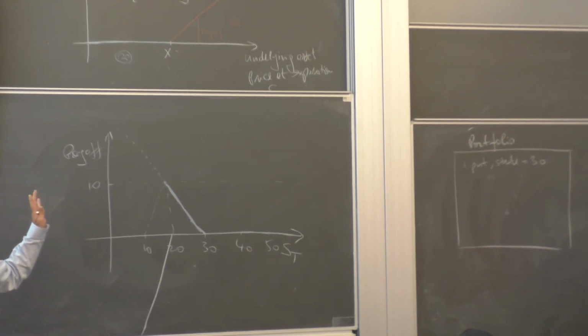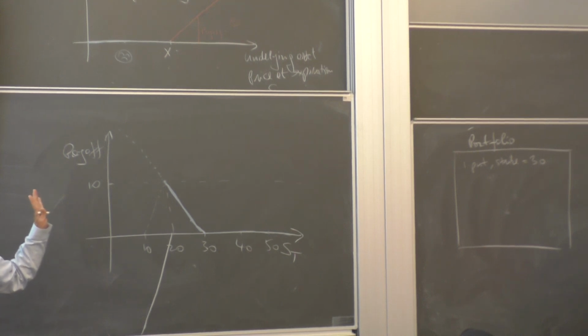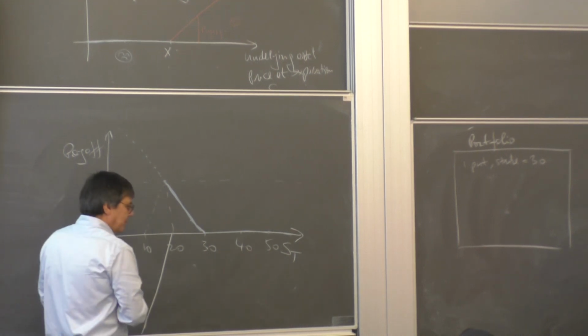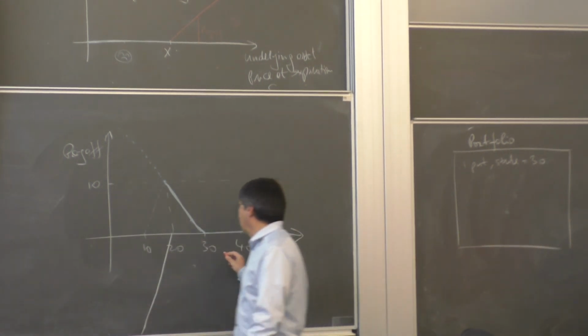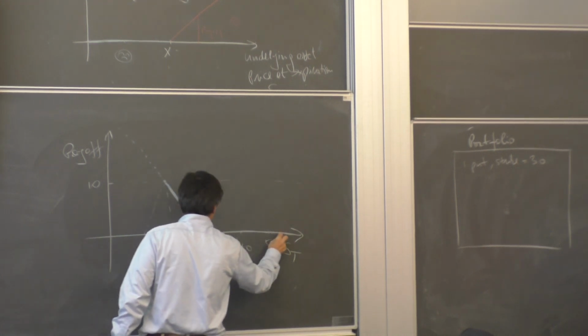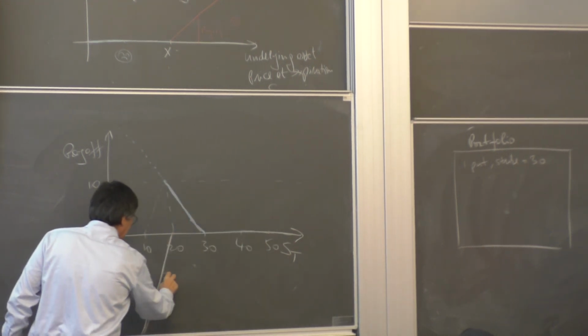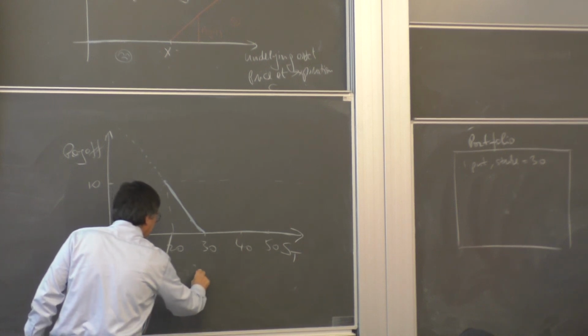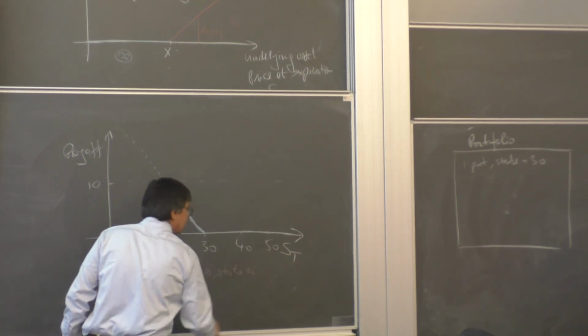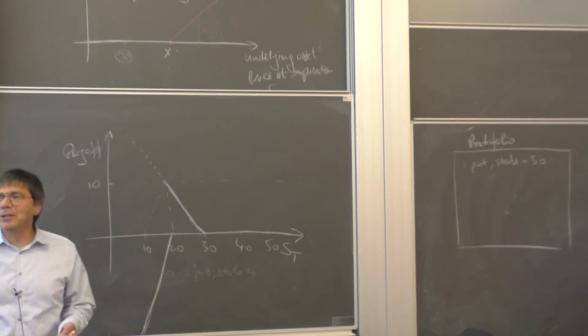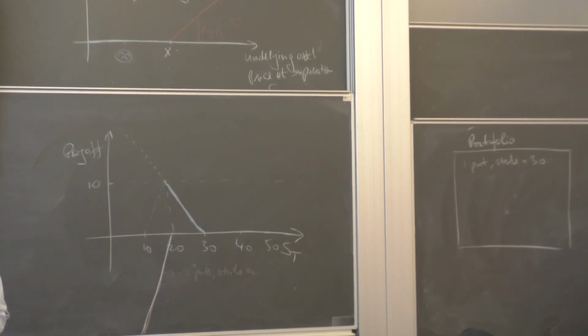It's not a payoff function of one put option or two put options, but this would be the payoff function of -2 put options. Now, what do I mean by that? This is the payoff function of -2 puts with strike 20. What does it mean, -2 put options? If you have 2 put options, how can I have -2 put options? So, for me to have -2 put options, I have to issue you